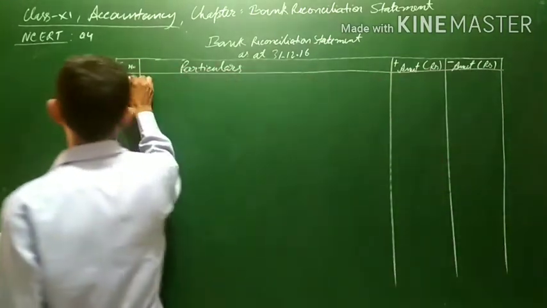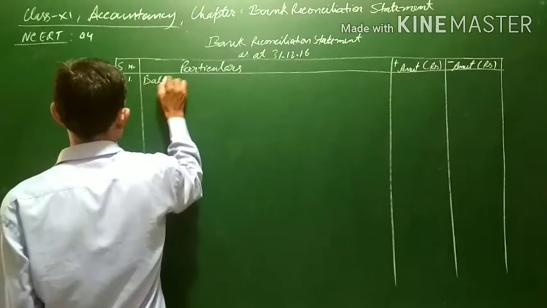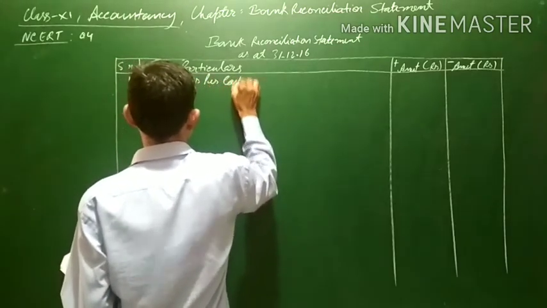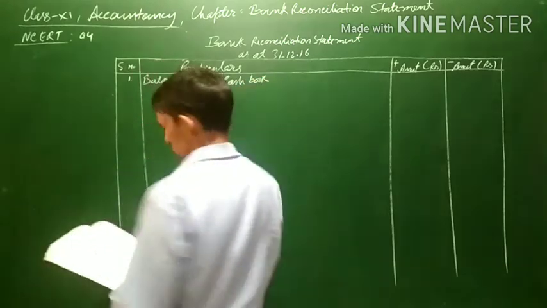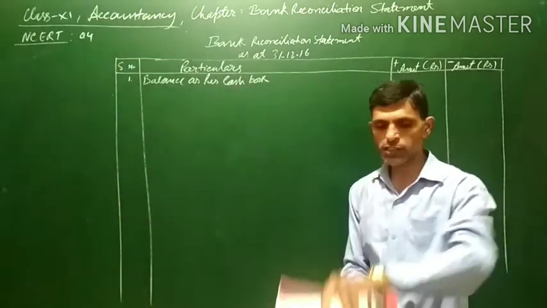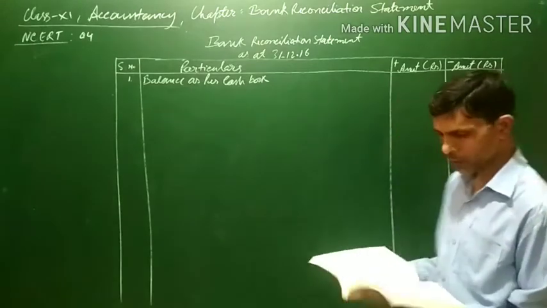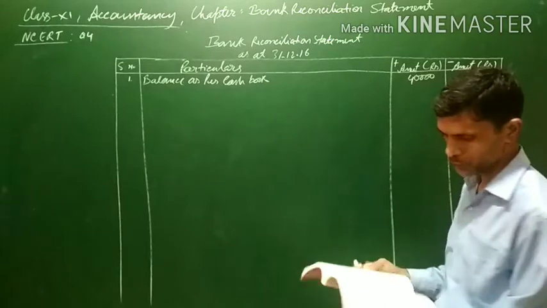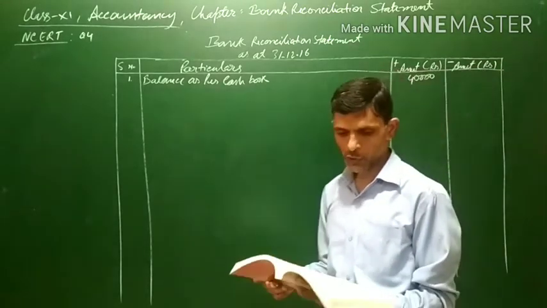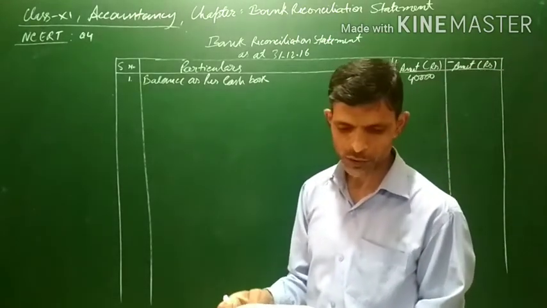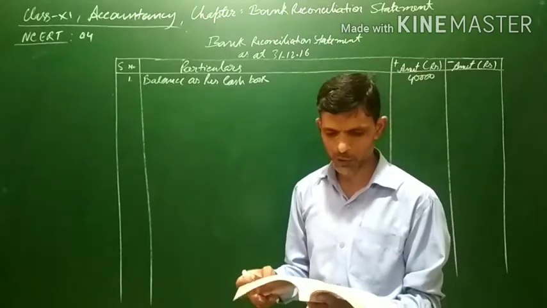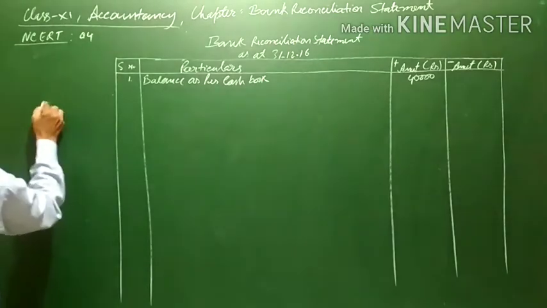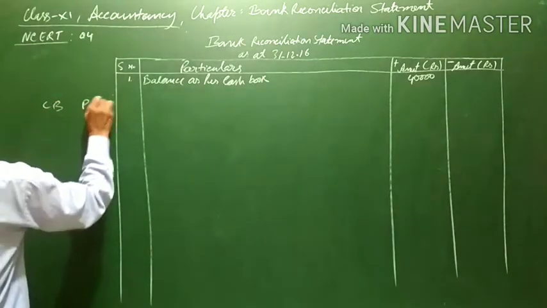The very first item is the balance as per cash book. This 40,000 is the balance which is given, and a positive balance we write in the positive column. Then it was found that 3 checks of 2,000, 5,000 and 8,000 deposited during the month of December were not credited in the passbook. Before doing this, we can write here in short: cash book and passbook.